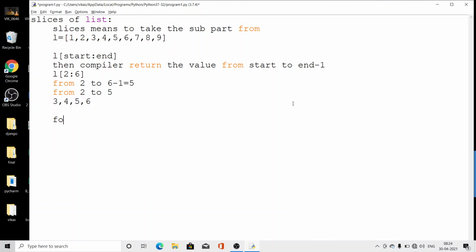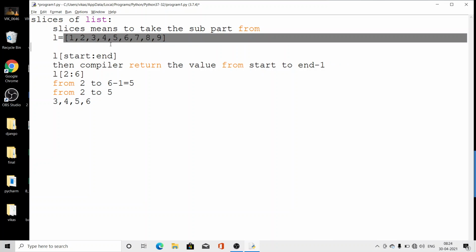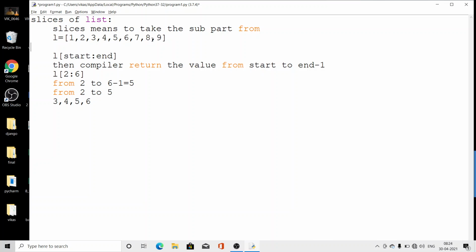Look here, a different form. It always accesses the values from the forward direction. If we want to access from the opposite direction, what will we do here? I will show you on the IDLE.